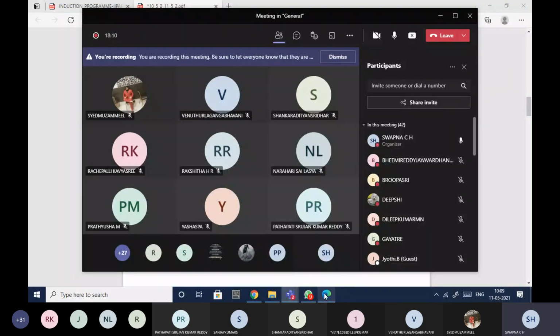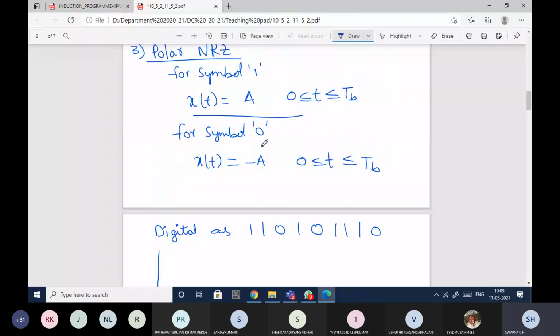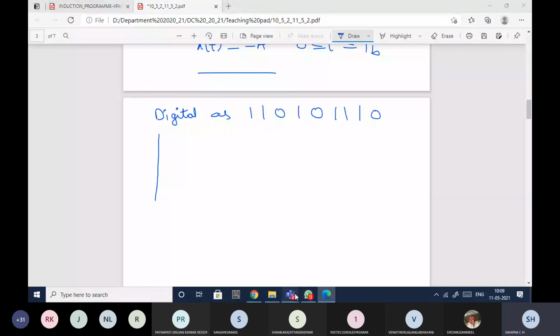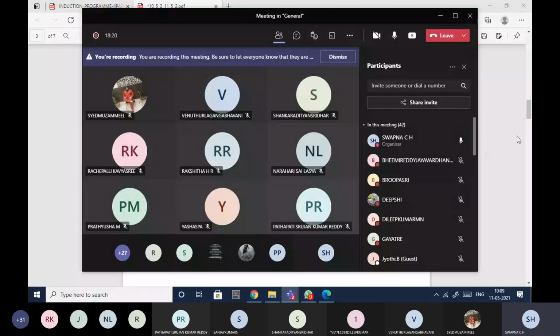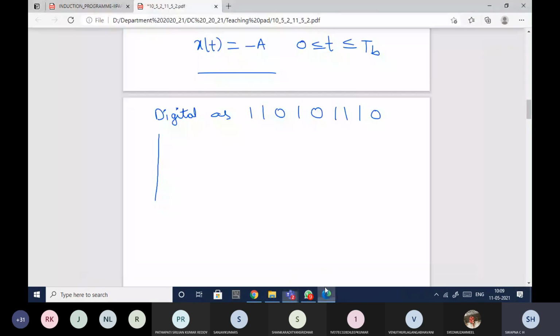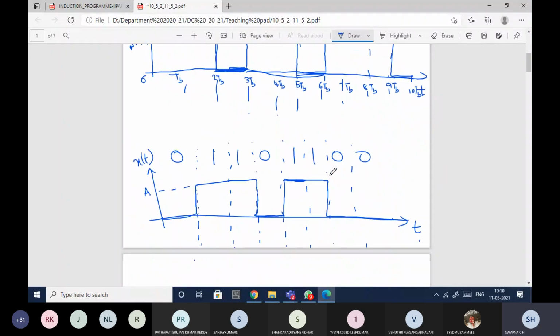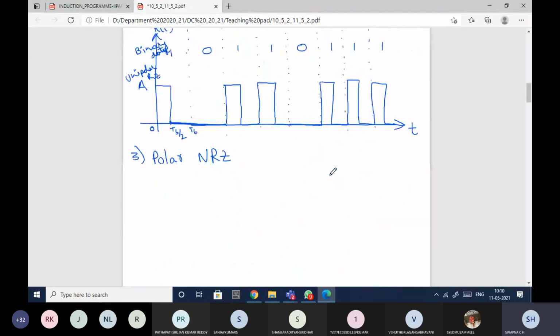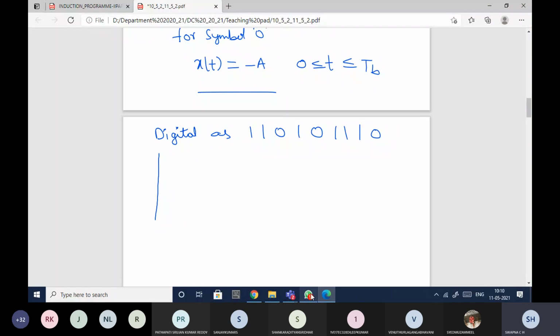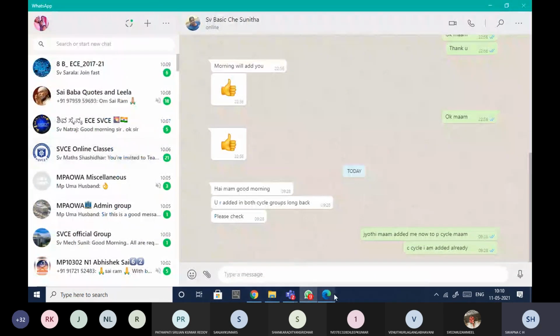Meanwhile, you can try this problem. Like I have already mentioned, you can just use these equations and try. I have got some work, some seminar is going on, and I have to make a person an organizer. So let me leave the group and I'll rejoin in 2 minutes. Meanwhile, you just draw that format. And for the same thing, try to draw the unipolar NRZ and unipolar RZ as well. All three you just plot for this. Okay, meanwhile let me leave and I'll rejoin.